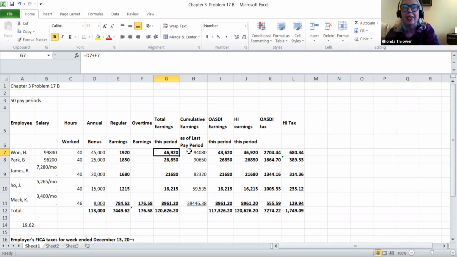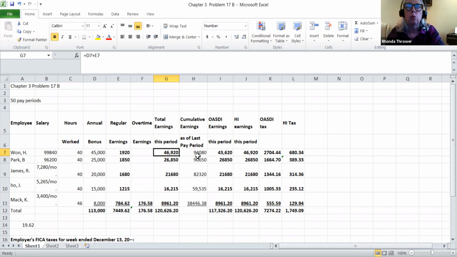So that's why they calculated the cumulative earnings as of the last pay period for you, so that you would know that if you added $94,080 plus the earnings for this period, which was $46,920,